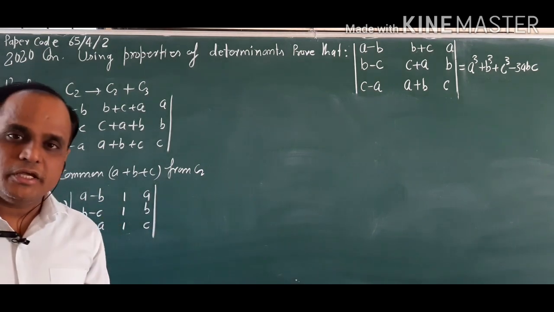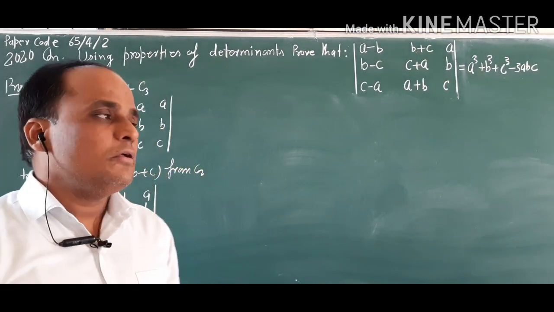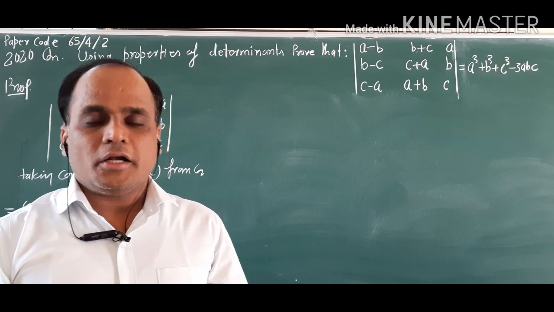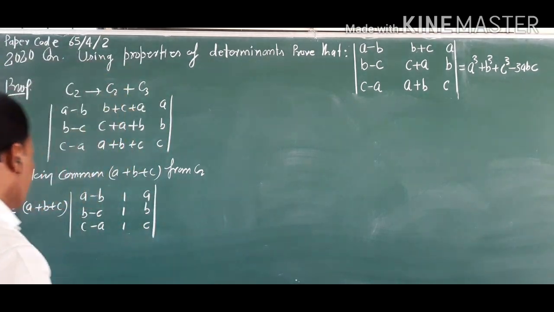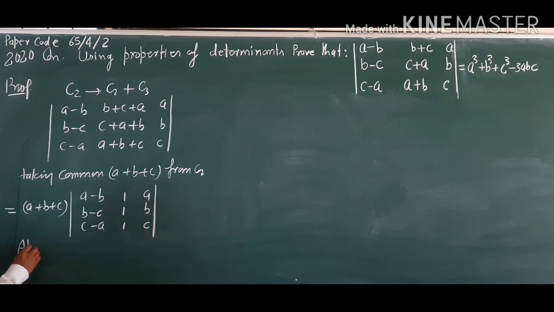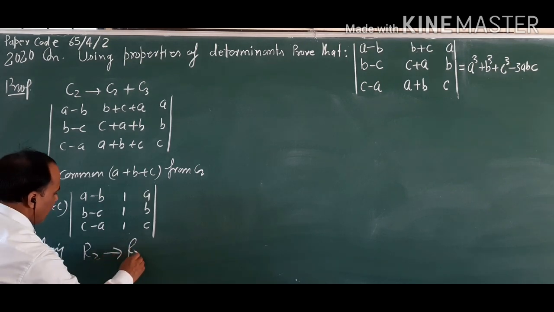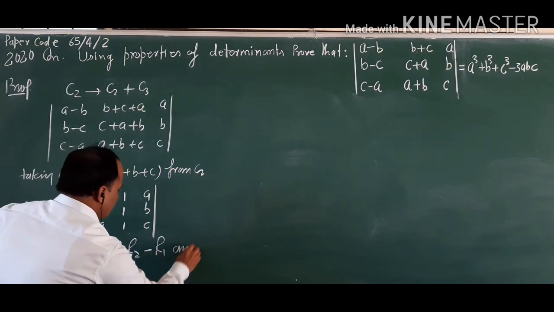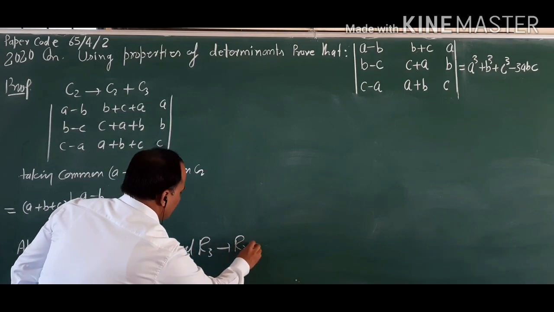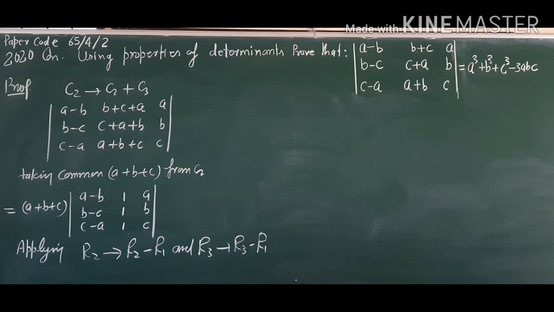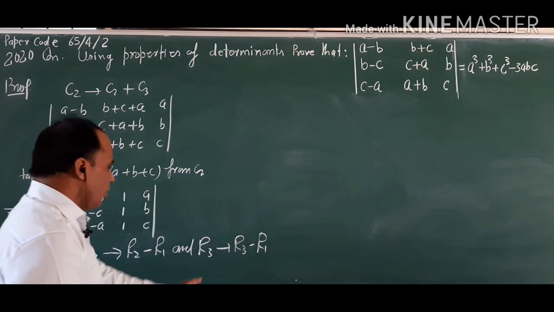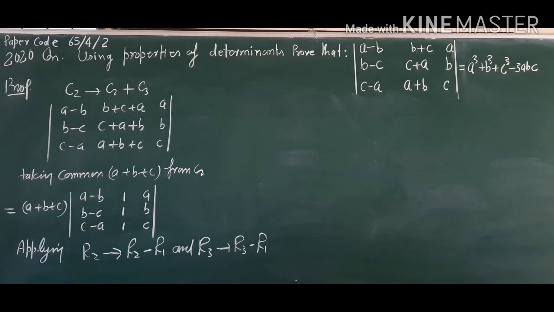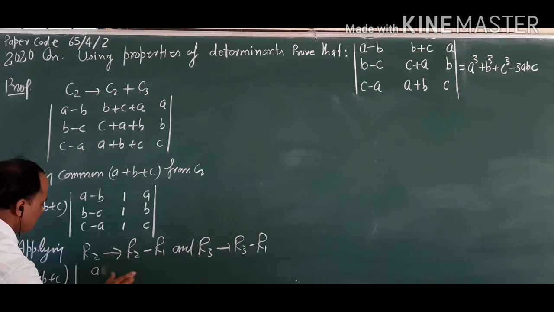So whenever we get 1, that is good for us. So now we should try to remove at least 2 ones to 0. So for that, applying R2 is going to change R2 minus R1, and R3 is going to change R3 minus R1। दो ऑपरेशंस एक साथ ले रहे हैं, R2 में R1 को सेपरेट कर रहे हैं और R3 में भी R1 को सेपरेट कर रहे हैं। तो देखते हैं क्या होगा। A plus B plus C, and R1 should remain as it is,